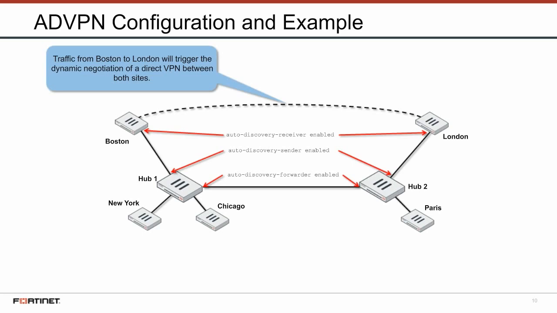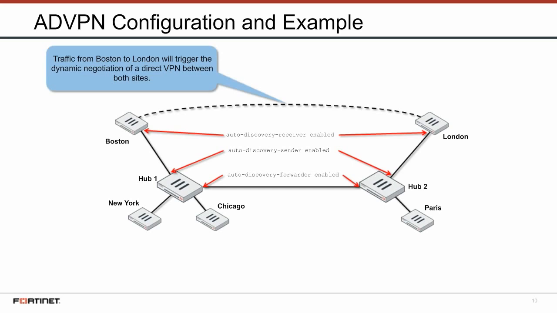Say that a user in Boston sends traffic to London. The direct tunnel between Boston and London has not been negotiated yet. So, the first packets from Boston to London are routed through Hub 1 and Hub 2. When Hub 1 receives those packets, it notices that ADVPN is enabled in all the VPNs through to London. So, Hub 1 sends an IKE message to Boston, informing Boston that it can try to negotiate a direct connection